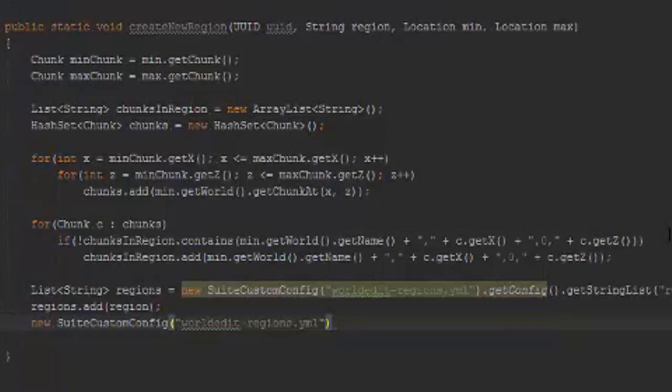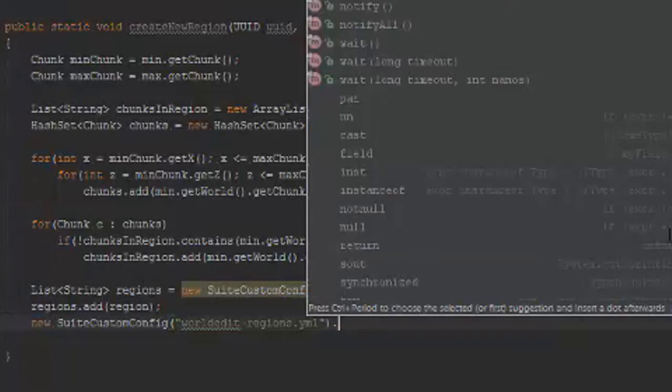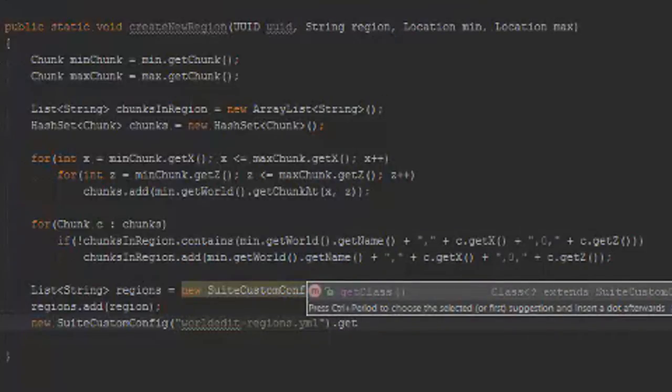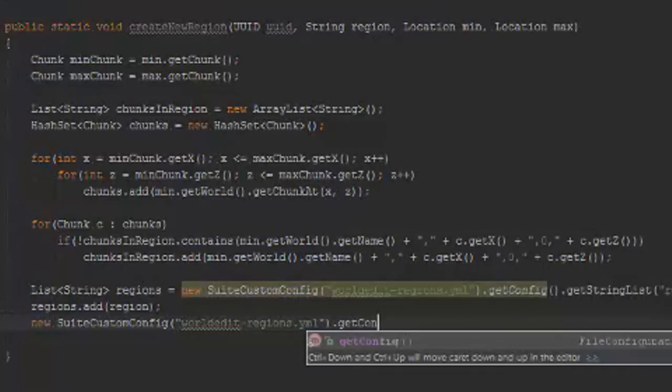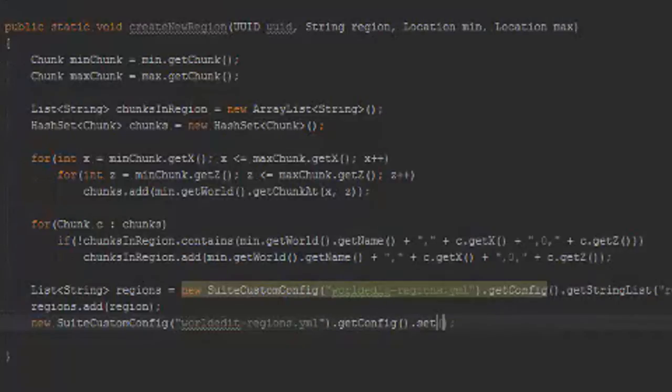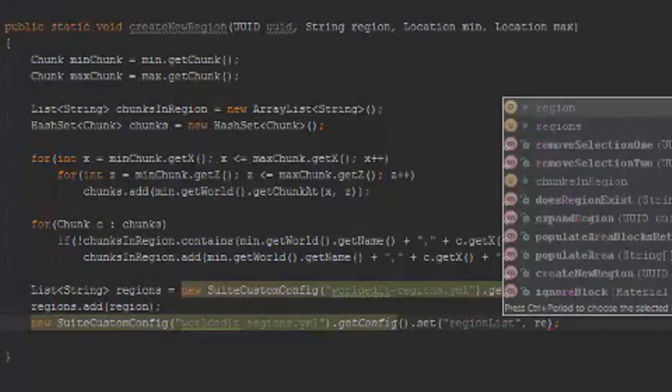For you, you'll have to do it differently if you're not experienced on how to do custom configs. Go find out. You should already know this. These types of tutorials aren't for beginners in Java or even Minecraft plugin coding. So this is why I'm not explaining how to do things entirely, because you should possibly even know this stuff already. So getConfig.set, and then we'll just do region list with regions, because that is the new thing that